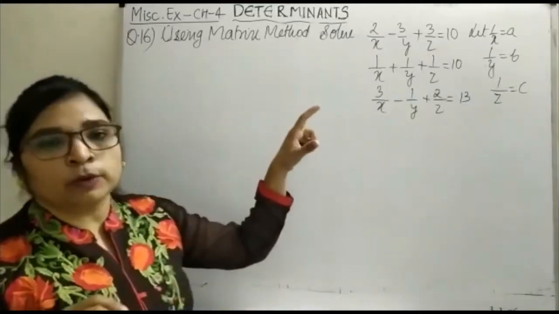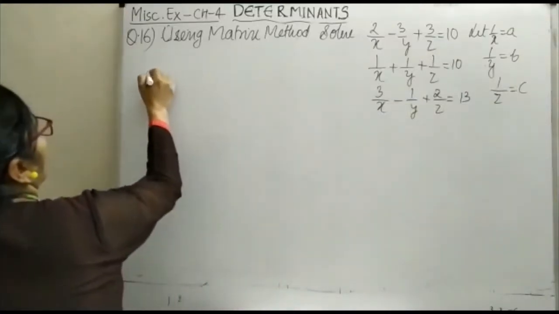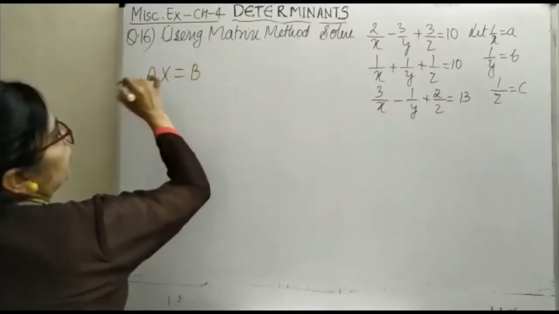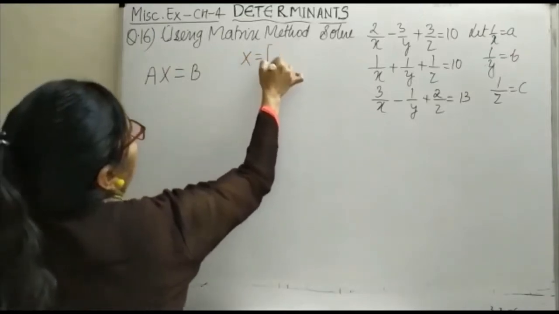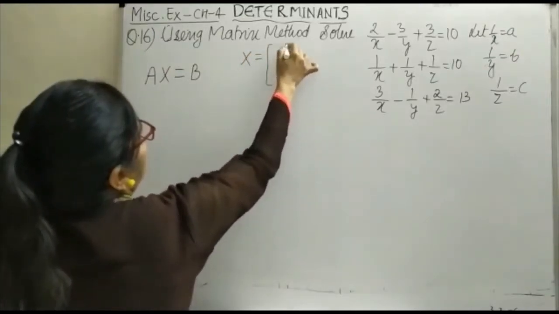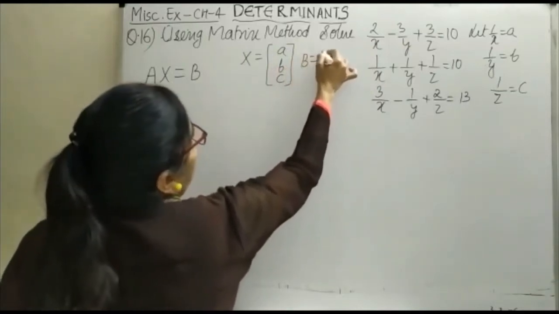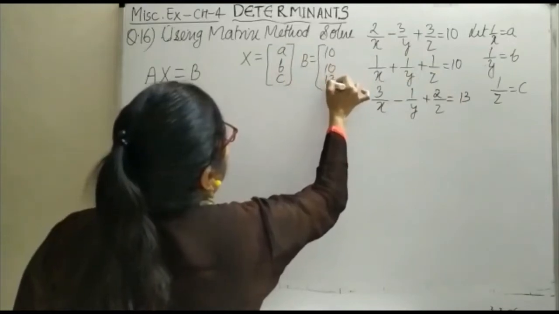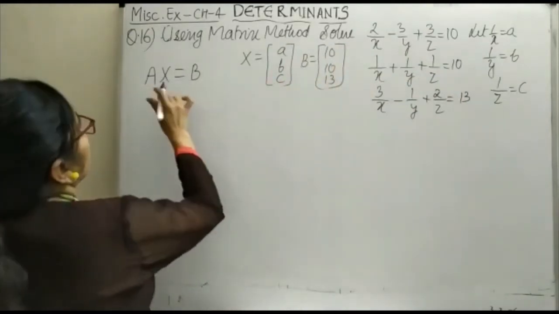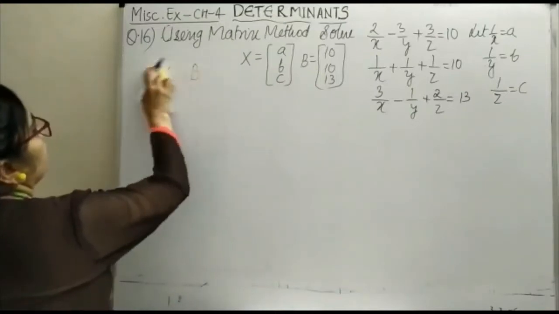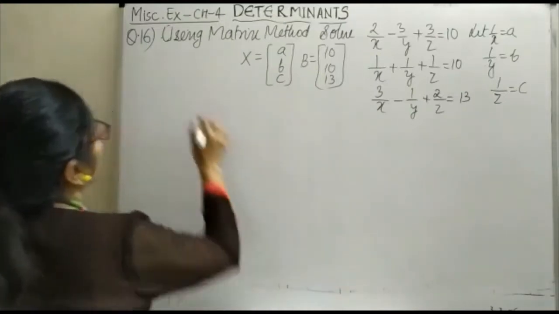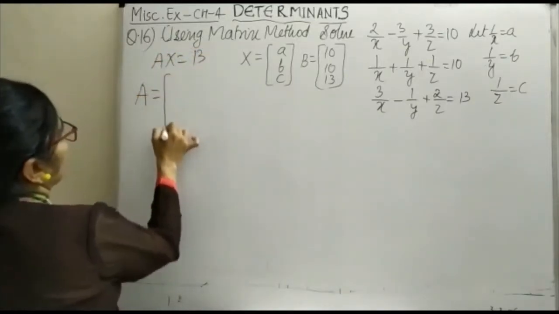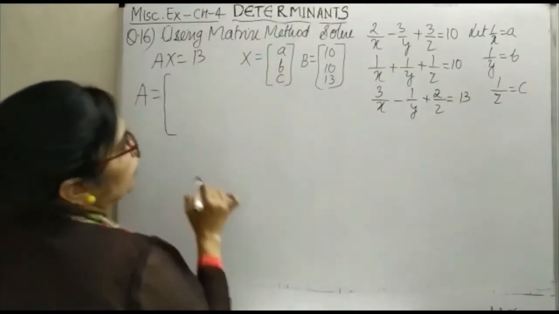After doing this, the equation takes the form AX = B. Your capital X will be a, b, c, and your capital B will be 10, 10 and 13, and your A will be equal to,